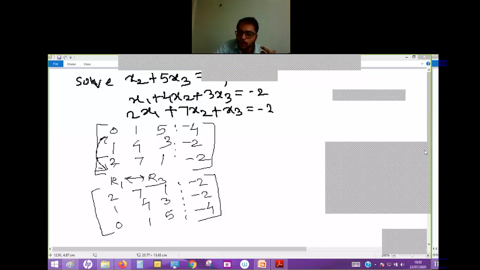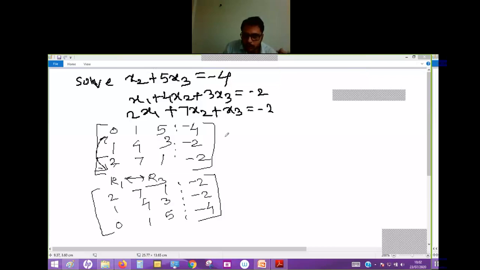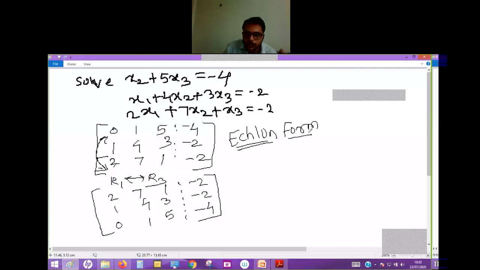we want one form. That form is called the echelon form. And to find the rank of the matrix, this is very important. Depending on the rank and the number of variables involved in that system of linear equations, we comment on the nature of the system, and